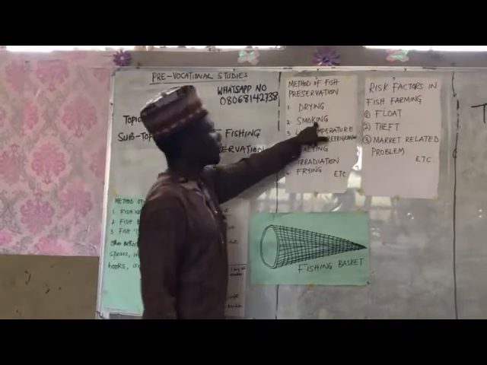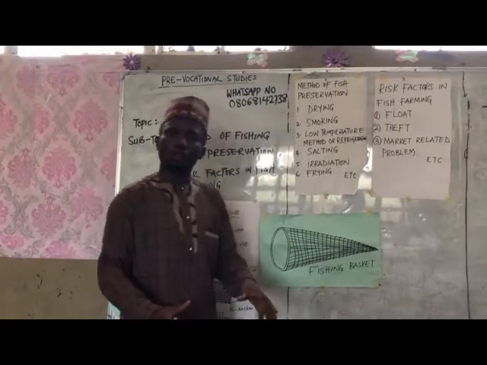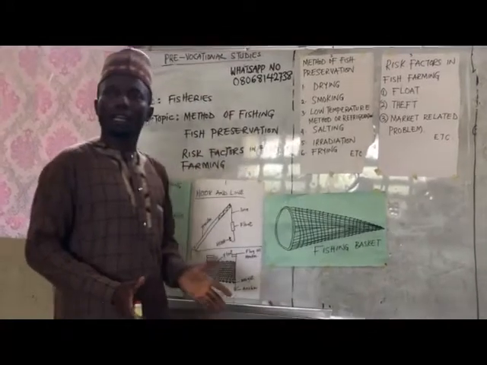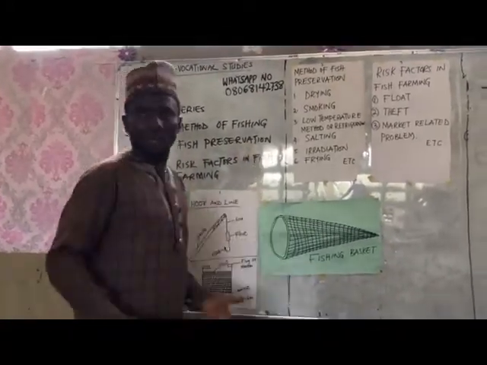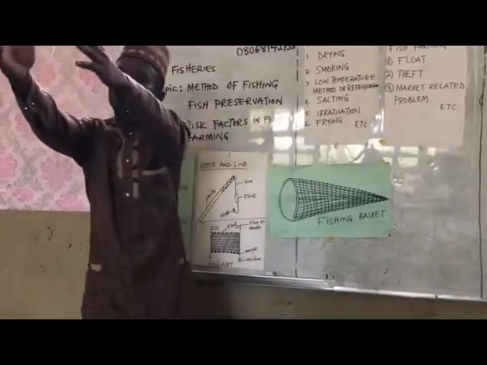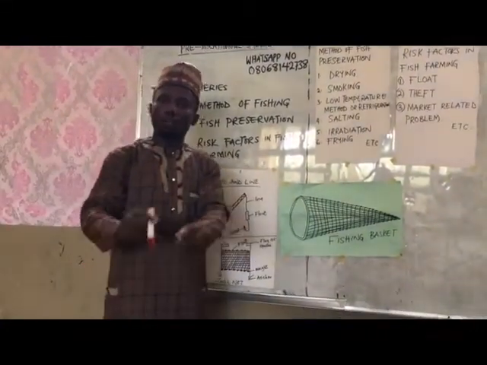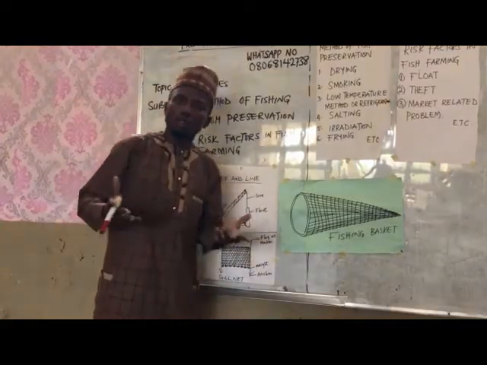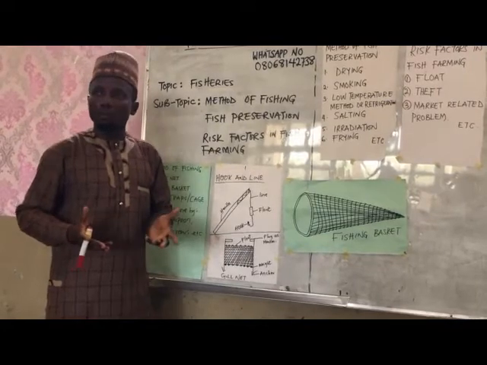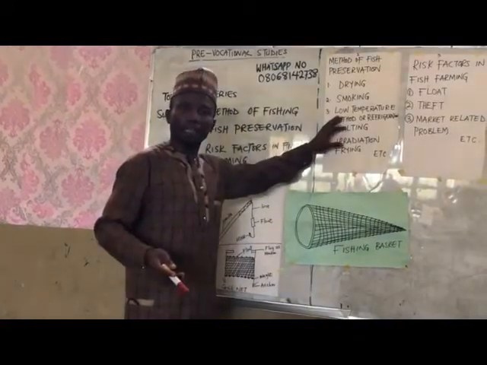Then we have smoking. Smoking is another one. Here what you need to do is to produce smoke. How do you produce smoke? By heating wood in a limited supply of air. Like as this class is now, if you can close the windows, close everywhere, maybe you just allow only this door open, then you gather your firewood here. When you light it, you know, the wood will not get enough air, and for flame to be produced, it needs air. You get what I'm saying?